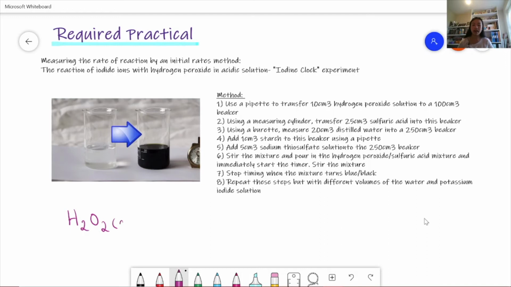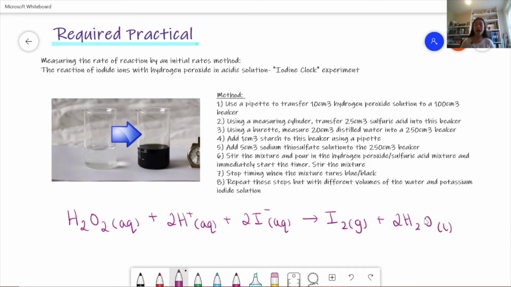So this is hydrogen peroxide, and this reacts with the iodide ions to form iodine and water. And then what happens is that the thiosulfate ion then immediately reacts with this iodine which has been formed. And so we have this second equation of this thiosulfate ion reacting with this iodine that's been formed by the first equation to form 2 iodide ions